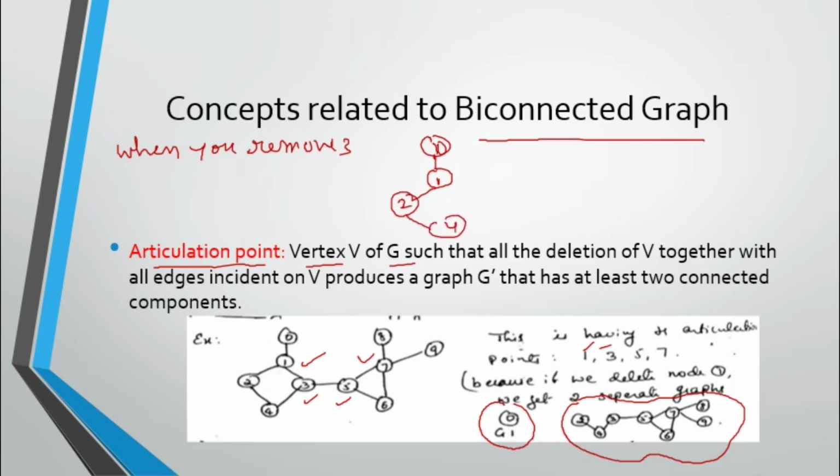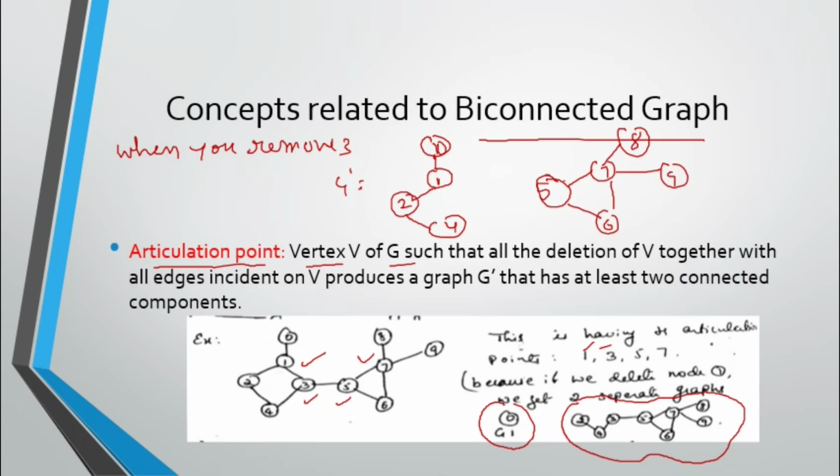This is one graph, and the other edges will go. Another piece in G dash is 5, 7, 6, 9 and 8. So two graphs are created here. That is called an articulation point.